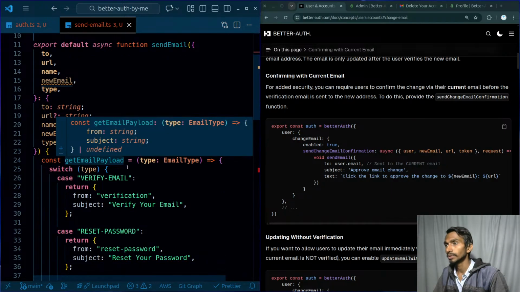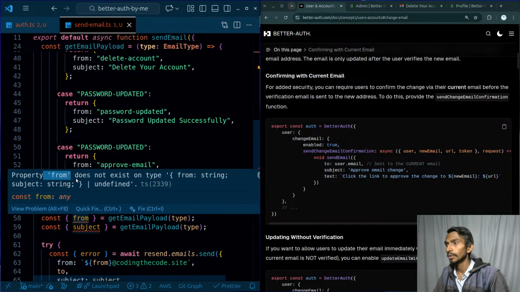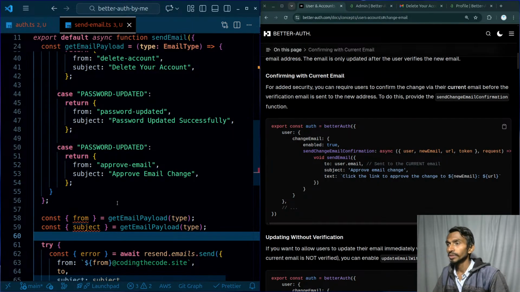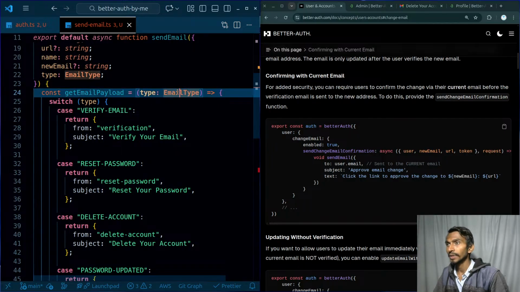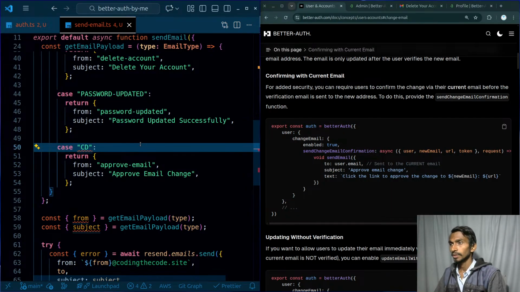The problem is: from does not exist on type from string subject or undefined. They're simply saying that from does not exist in them. That's fine. By the way, I'm getting email type over here, and that type already has... okay, this should be change email. Fine. This should be change email,